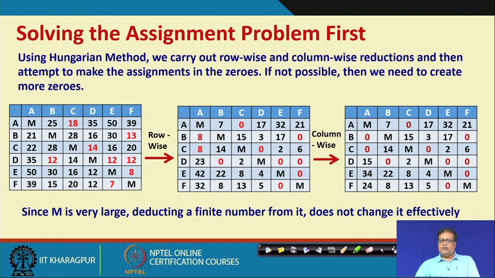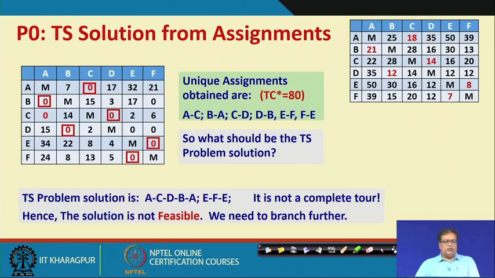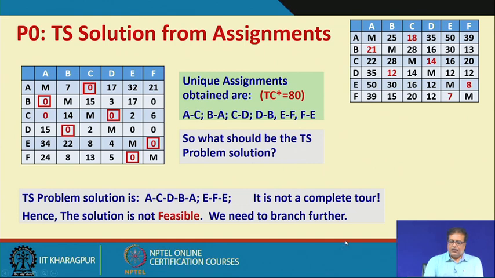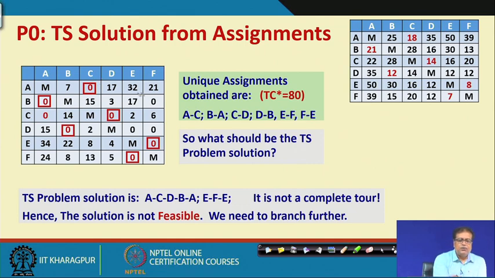So, obviously, there is M on the long diagonal. So, we have made row wise and column wise reductions. Now, let us see how we make assignments, right. First we make A to C, because this is a unique 0. This is also a unique 0. So, we make assignments, right. This is also another one. So, we make assignments. The moment you do that, these two zeros are gone, because we have made an assignment here, right.